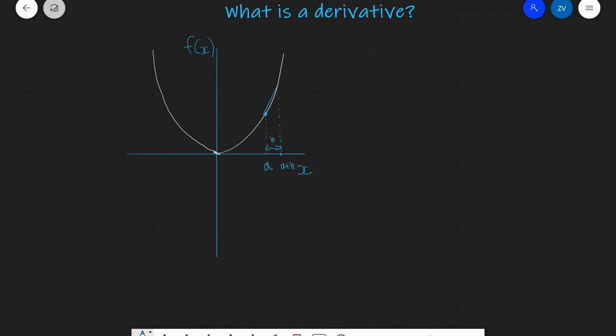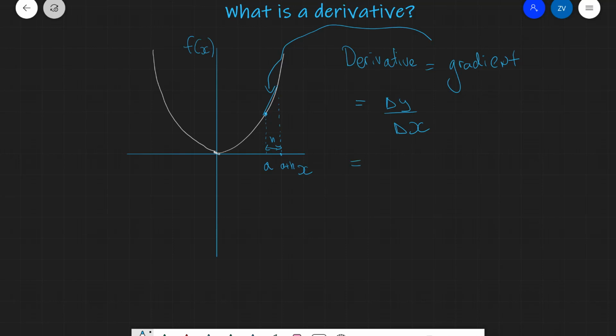Now what we're really interested in is actually the slope of this line, which is connecting a and a plus h. Now the derivative is defined as the gradient of this line. So let's just say that the derivative, the rate of change of that function, will be equal to the gradient of this line over here. Well, remember, the gradient is simply change in y over change in x,